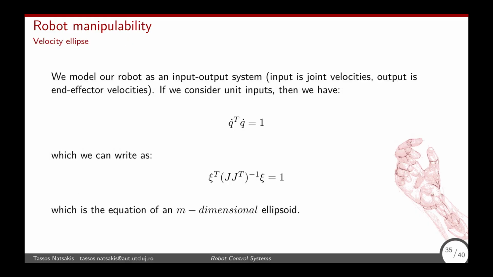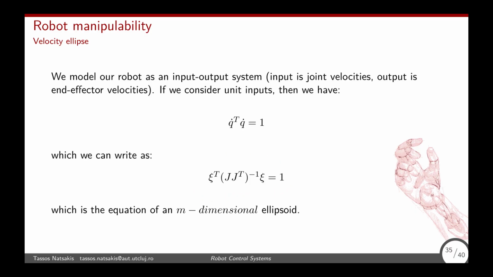But basically, we can model the robot as an input-output system where the inputs are the joint velocities, and the outputs are end effector velocities. So if we map all the unit input velocities,